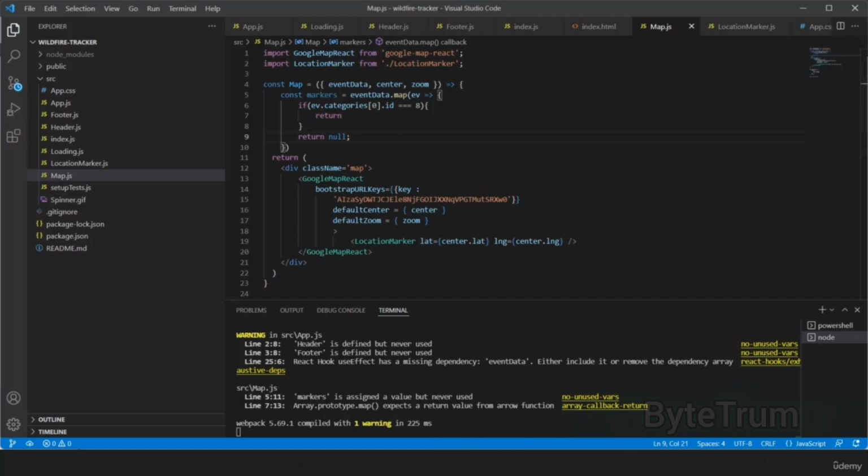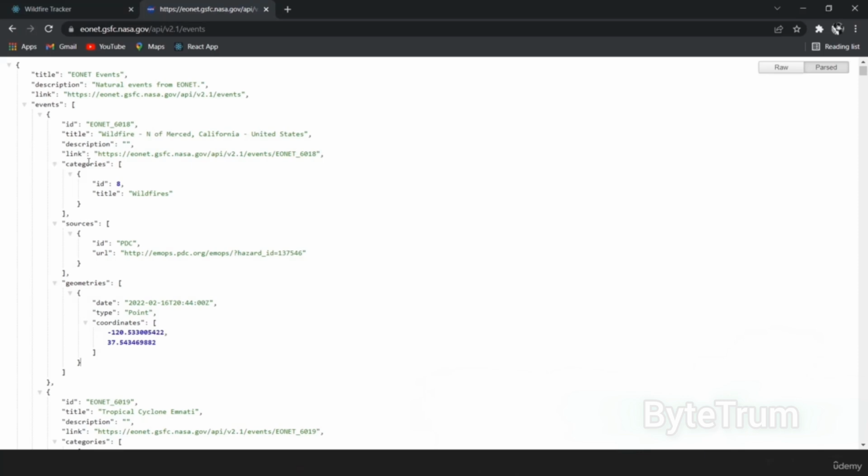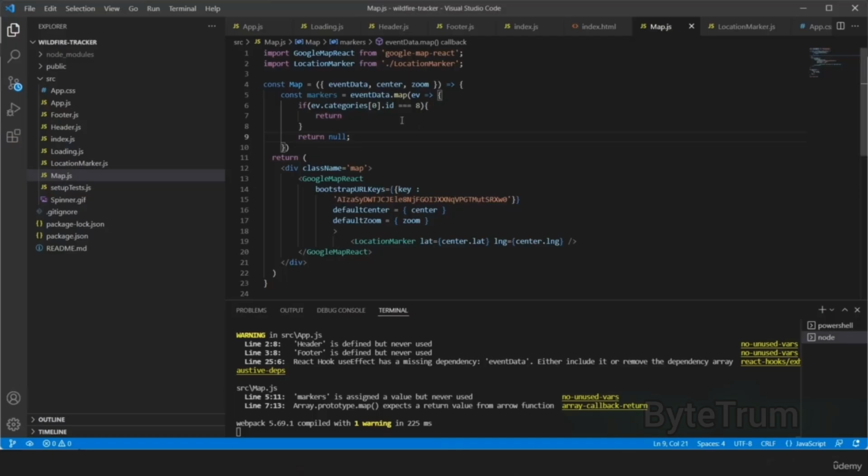We will be checking ev.categories, and you can see every ev has categories, like the first one of id 6018, the other one is 6019, these are all different arrays. The category is also an array, with a 0th index, a first index, and a second index. If for the 0th value the id is 8, then it is wildfires automatically. So I'm checking that only: if ev.categories 0th value's id is 8, then we will return